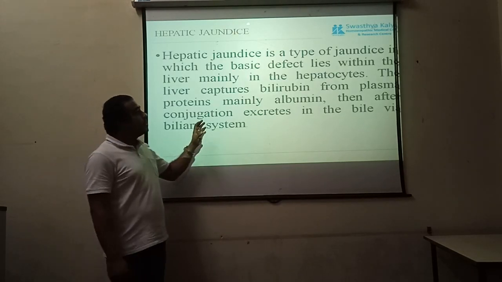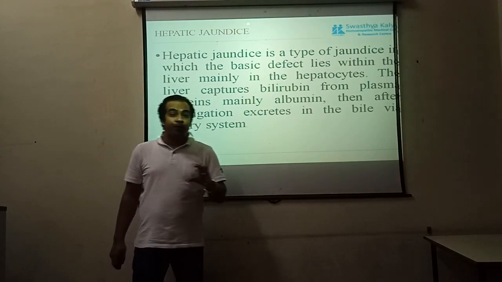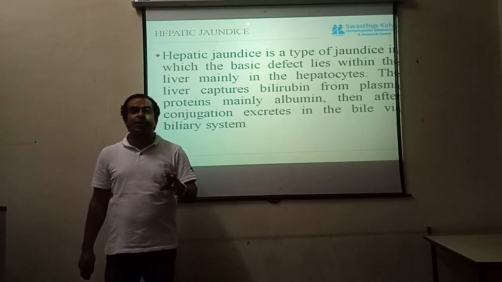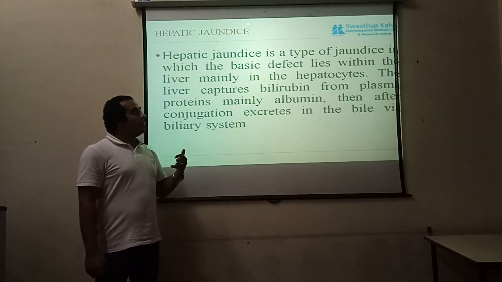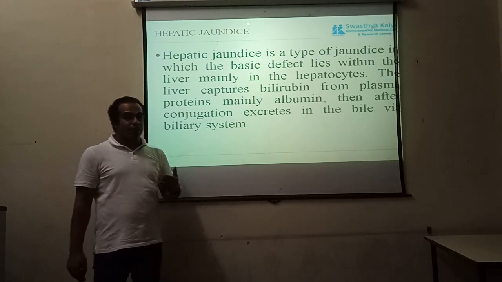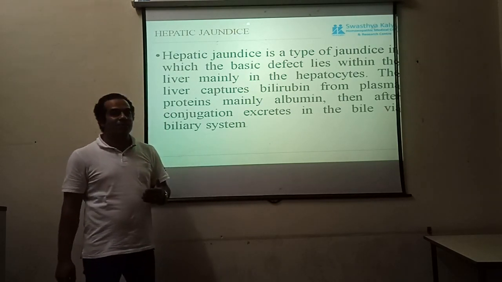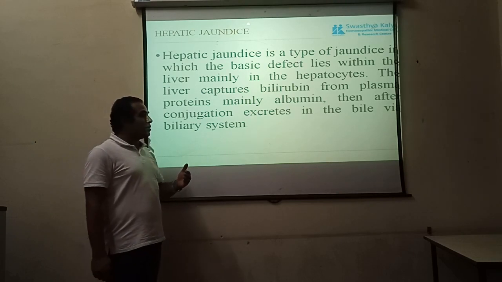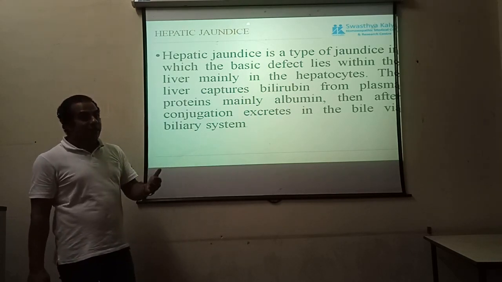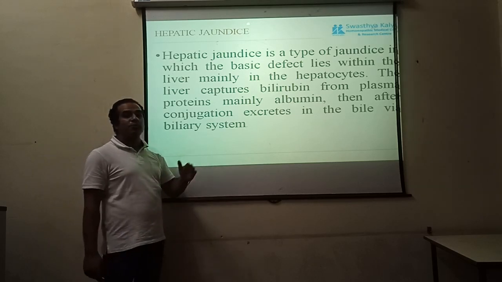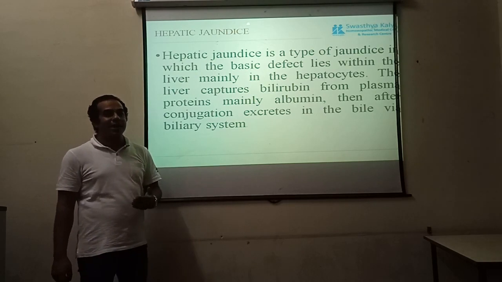In the previous lecture, we went through the definition of jaundice, which means there is a deposition of bilirubin in different parts like skin, mucous membrane and sclera, where the quantity of bilirubin present in blood exceeds 2 milligram per deciliter of blood. The classification of jaundice was done in three types, that is pre-hepatic, hepatic and post-hepatic. We have discussed the pre-hepatic, also known as the hemolytic jaundice.